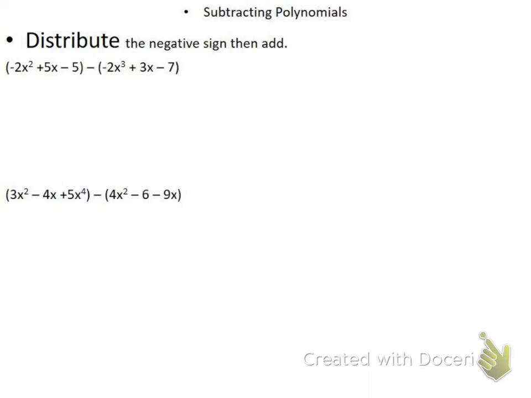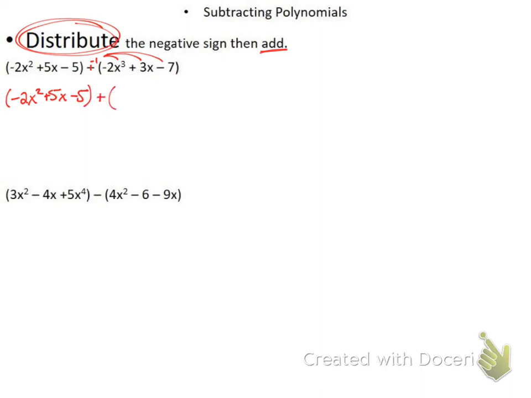Sometimes we try to skip steps and just subtract, and usually we end up doing it wrong. So the very first thing I want to do is distribute, and then I'm going to add my 2 parentheses together. So the very first thing that I'm going to do is treat this subtraction of 1 like it's a plus and negative 1, and I want to distribute it to everything in the second parenthesis. So I get negative 2x squared plus 5x minus 5,